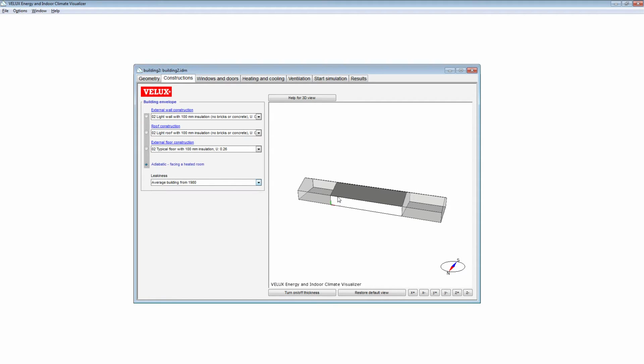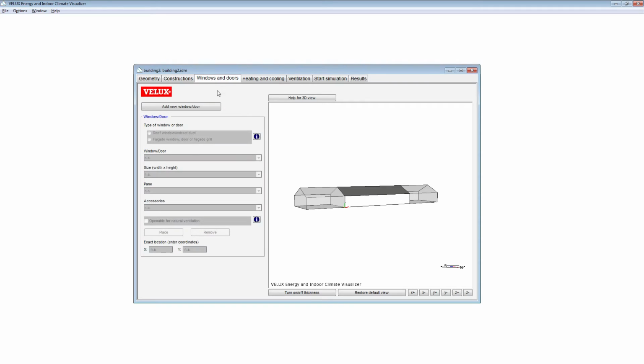The leakiness is assigned as these numbers here, but you have to bear in mind that underneath we actually have very specific leakage of each connection between roof and wall and windows and so on. You can't see any windows yet.